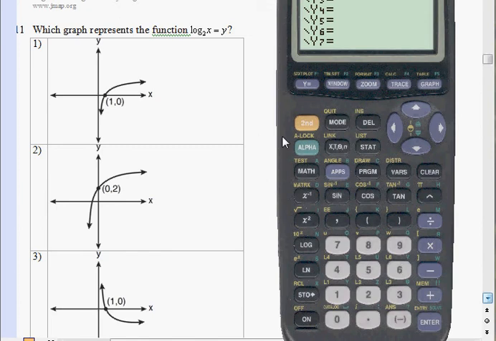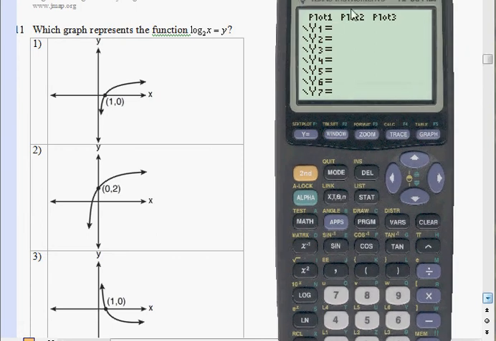If you have the TI-84, I think the updated software allows you to type it in a lot more easily or more efficiently. In this case, we're going to do the old school way, and the way you type this in is press log x, close parentheses, divide by log 2. Okay. So we have log x, and then you divide by the base 2, which is log 2, and that's